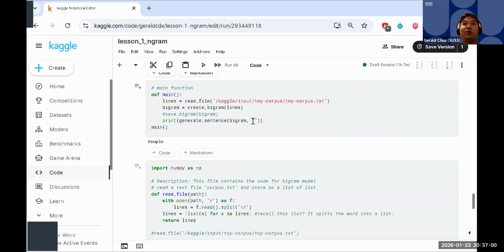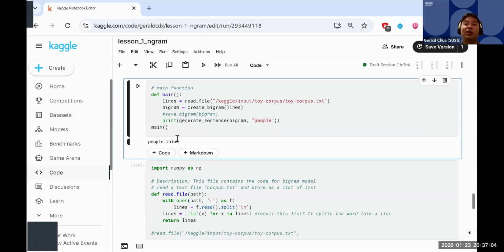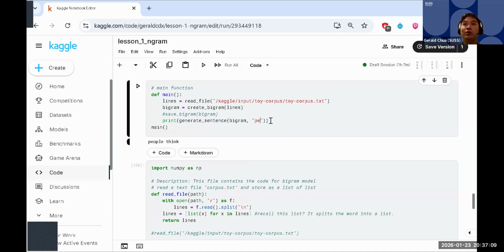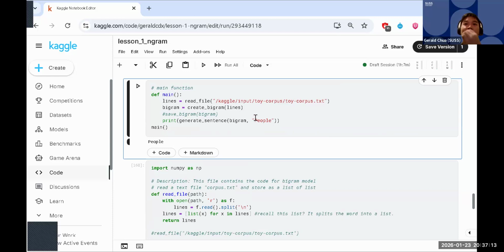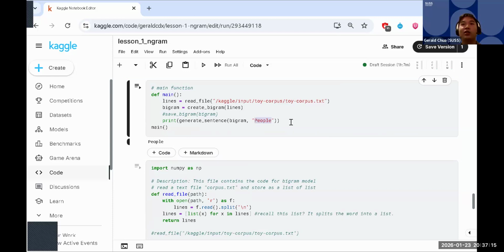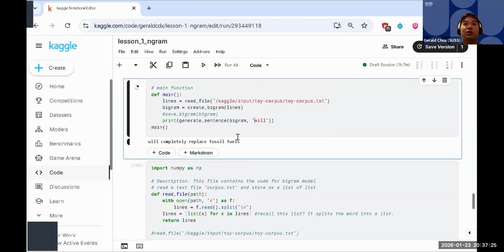So in this case, for example, just now I typed people, right? People think exists. So people think, but if I do People, then because of the capitalized keyword, it does not exist. There's no capital letter People followed by another word in the data set. So you'll just end. But so for example, if I do will, then